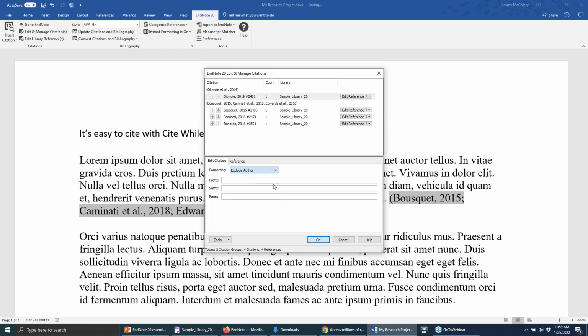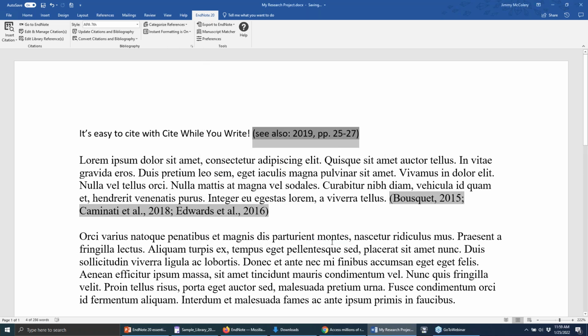But let's say we want to exclude the author. We want a plain text prefix of C also at the beginning of the citation, and we want a page range in the citation as well. Let's say we could type that all in here. If I type it in correctly, press OK. We see all of those changes take effect, and you can make those changes on a citation by citation basis,